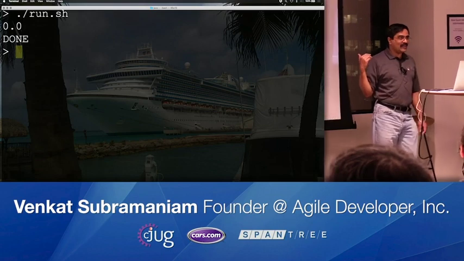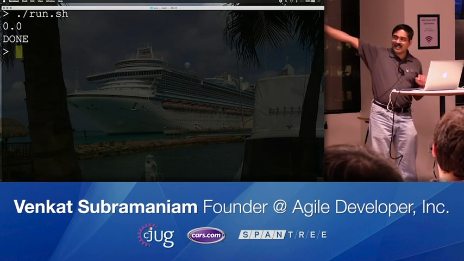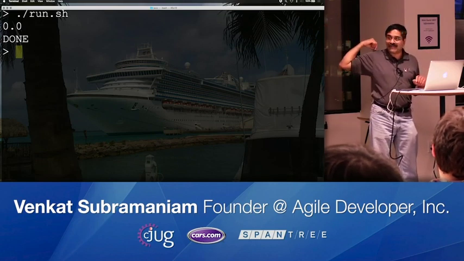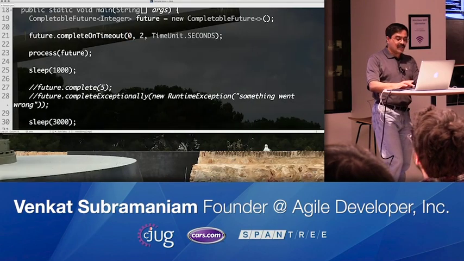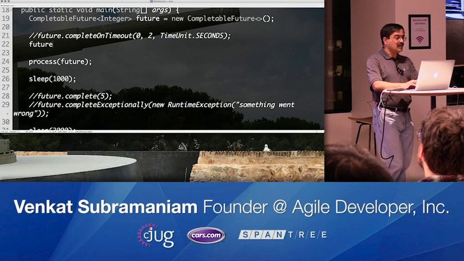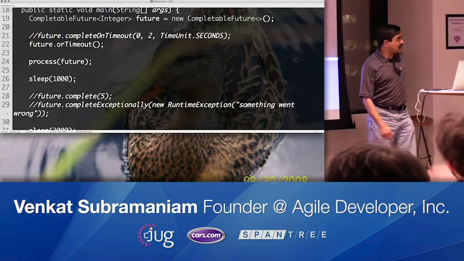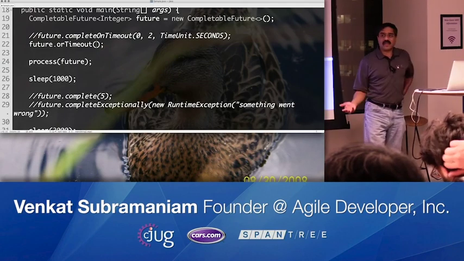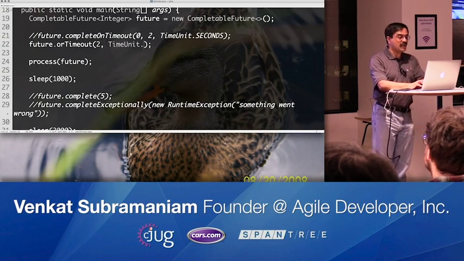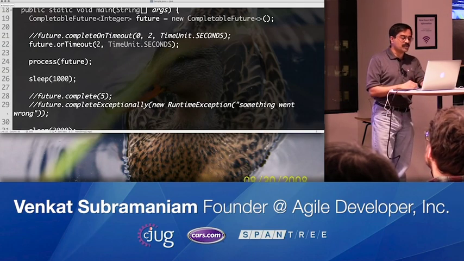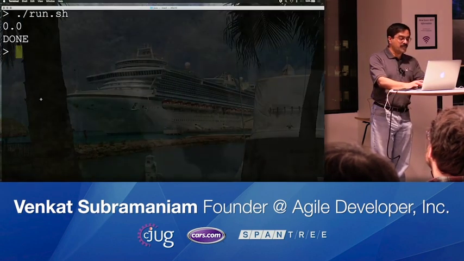Now clearly, if I complete or reject after this happens, that doesn't really matter because we've already completed with an alternative value, right? So that's not a consequence at all. Of course, it doesn't mean you have to complete all the time. In fact, a lot of times you may not. So what are we going to do? Our timeout says, if the time expires, then just fail, then reject. So in this case, I'm going to give a 2-second allowance for this one. Obviously, there's no data for this. Well, if I complete during the time, it's going to use my completion, as you can see.